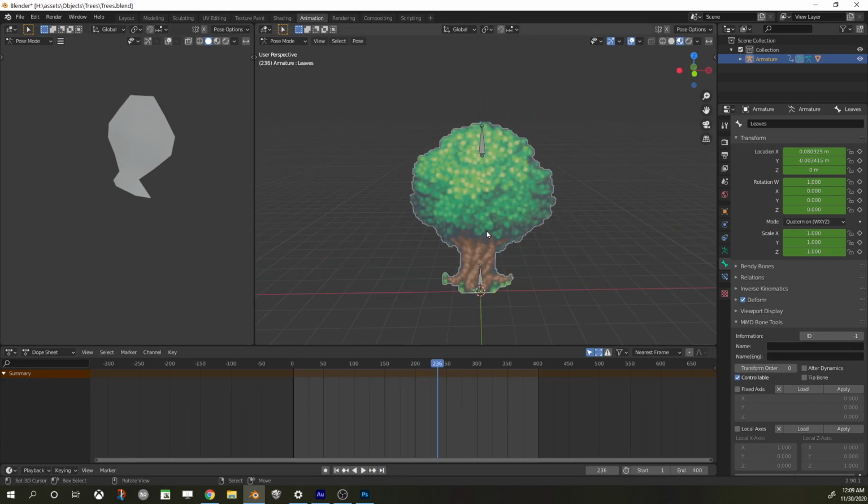Once you're done, you can export your object. So I'm going to save. I'm going to do an export as FBX, and I'm going to save this as tree_01. Now, what we need to do is create